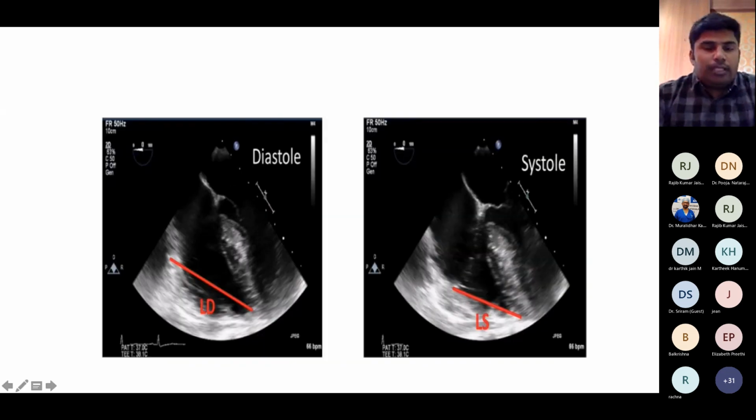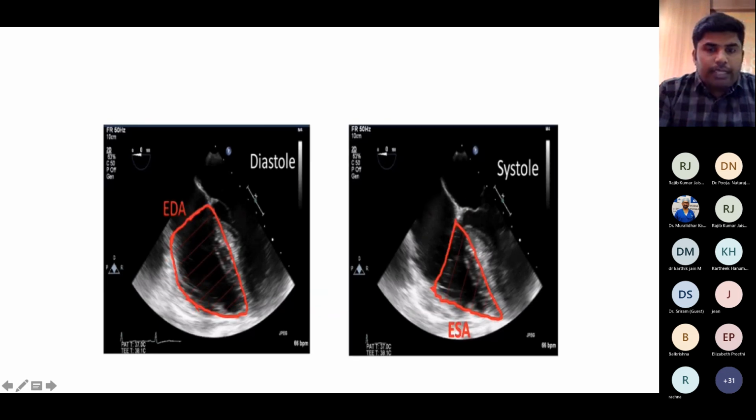So if we are not able to get the transgastric views, we can use a mediastinal four-chamber view. In the diastole, the distance between the lateral annulus of the tricuspid valve and the apex of the right ventricle can be measured. During systole, the same distance is measured between the annulus and the apex of the right ventricle. And here, the difference between these two gives the